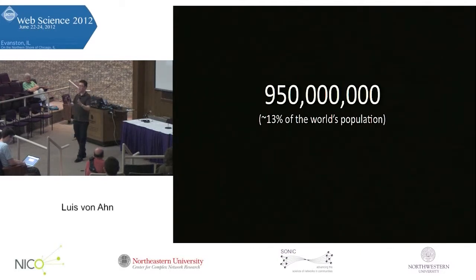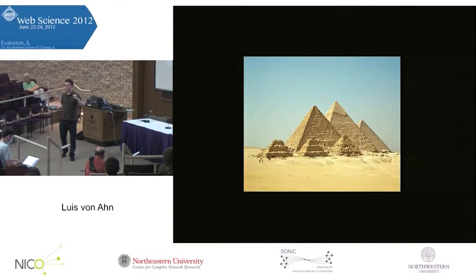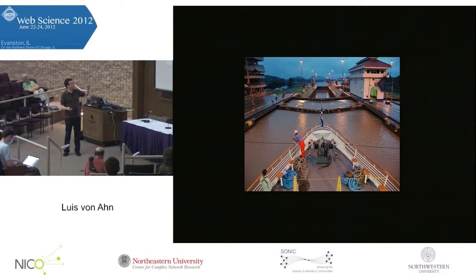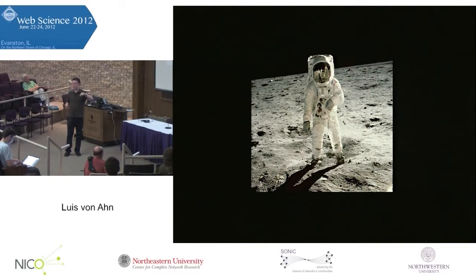So basically, the main question that motivates my work is the following. If you look at humanity's really large-scale achievements, these really big historical things that humanity has done, for example, the pyramids of Egypt, or the Panama Canal, or putting a man on the moon, there's a curious fact about them: all of them were done with about the same number of people. All of them were done with about 100,000 people. And the reason for that is because before the internet, coordinating more than 100,000 people was essentially impossible. Basically, it was just not possible.